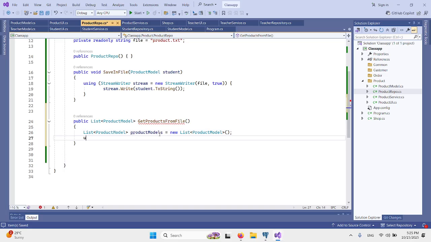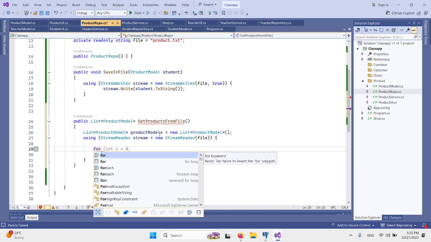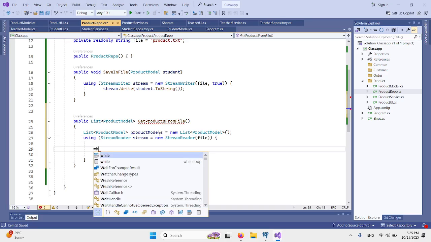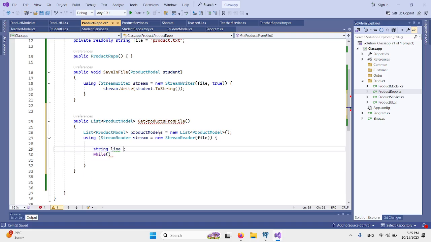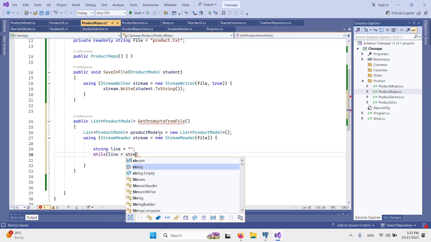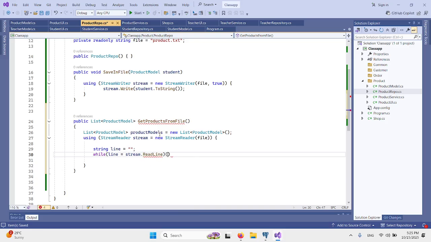Okay, so let's write the code using stream reader, for, let's do a while loop.